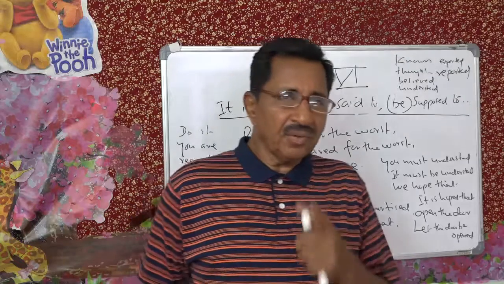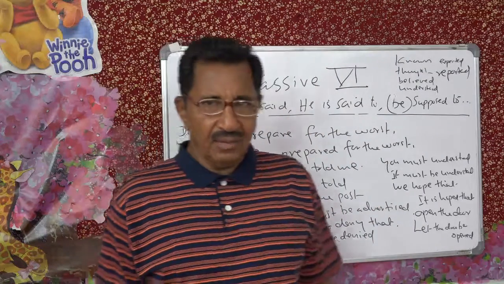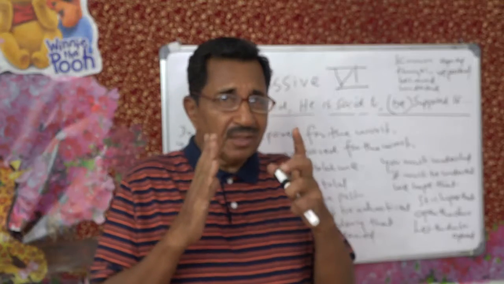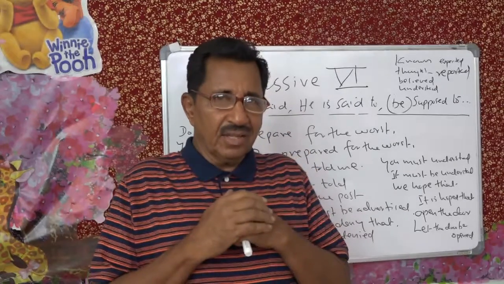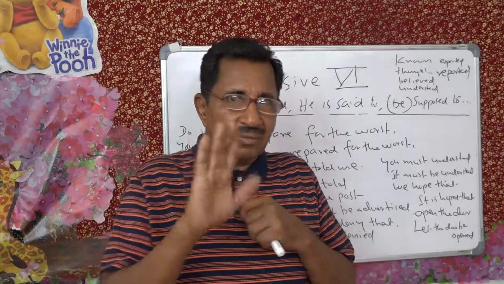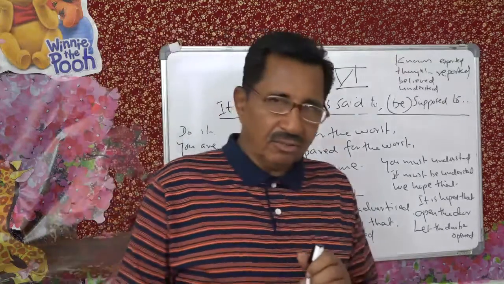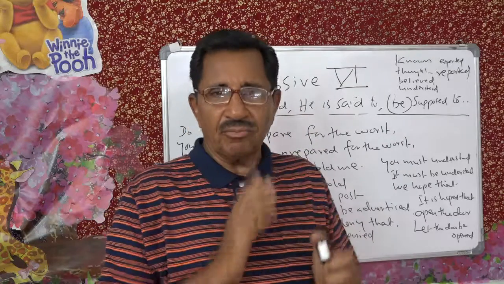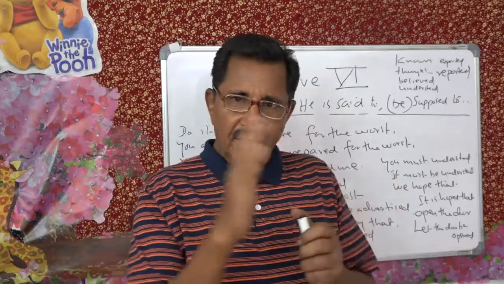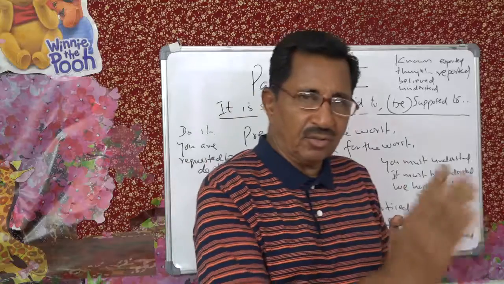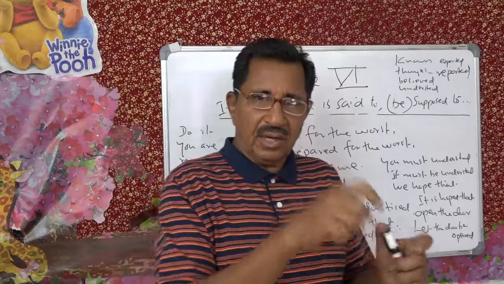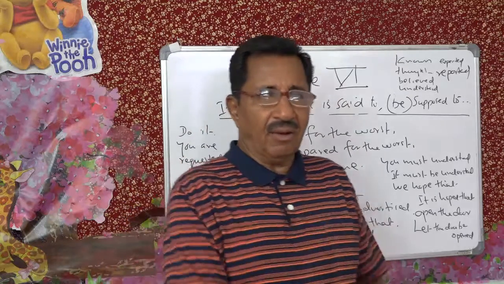Now remember another point, which I think I forgot to tell you. Only transitive verbs can be passivized. Only transitive verbs can be changed into passive. Intransitive verbs you cannot. Transitive verb, we have already seen, is a verb that can take an object. When you say the cow eats grass, the cow eats what? Grass is the object. So you can bring it to the subject position, with the past participle: grass is eaten by the cow.